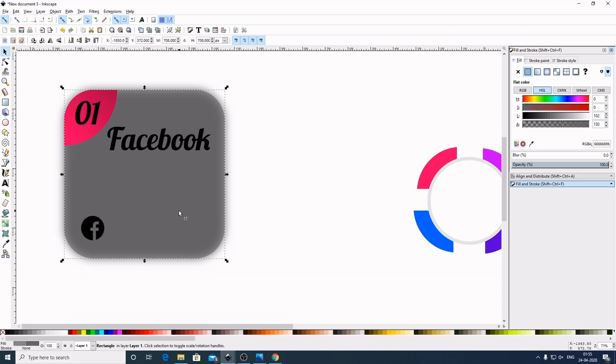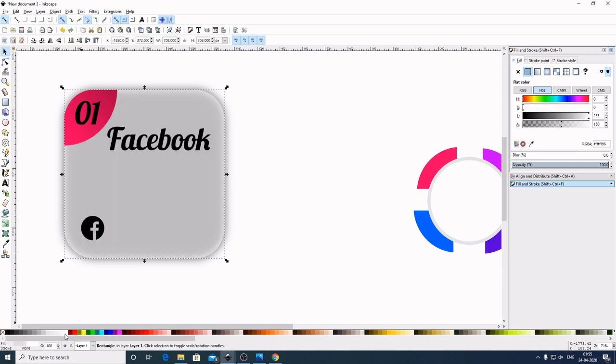Now select this gray one, upper one. Now change the color to white and come here and bring this alpha level all the way up. I have brought this A section arrow all the way to 100%.